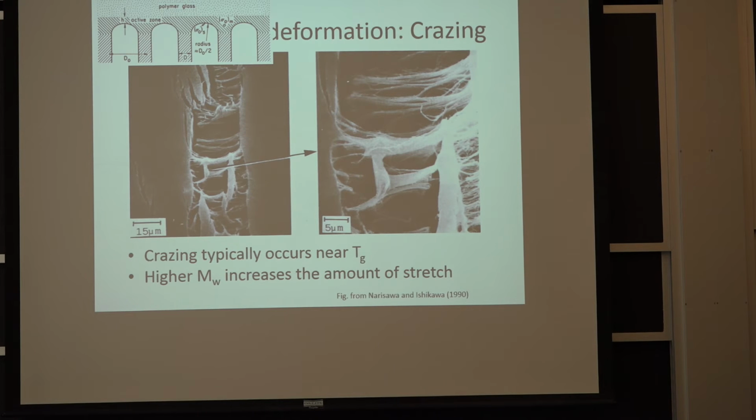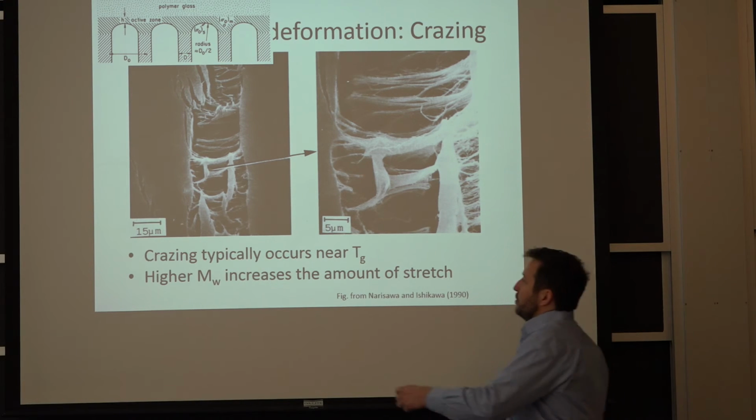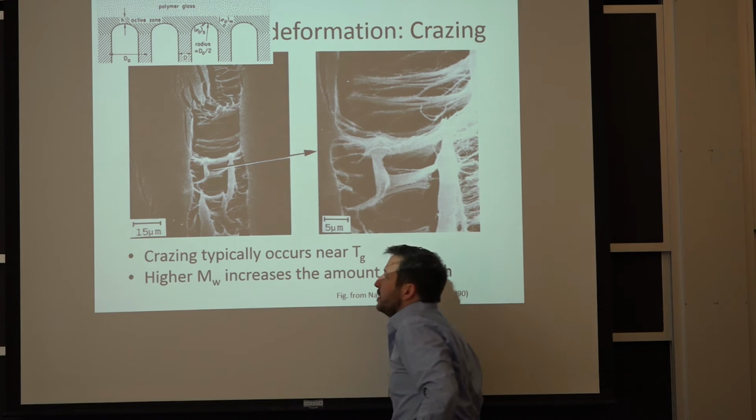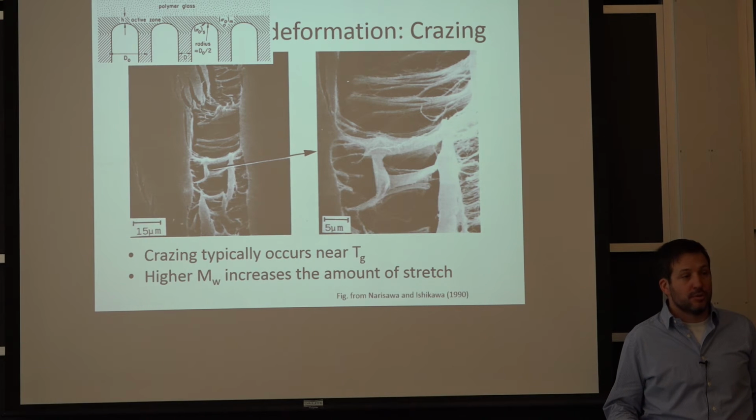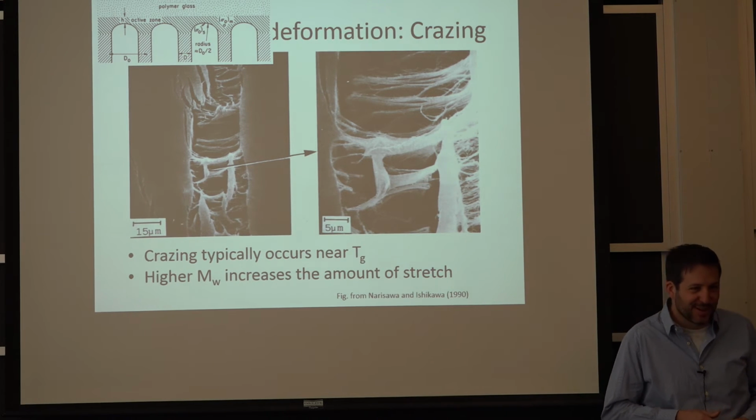Crazing is essentially a bunch of microvoids that form, but the whole clip doesn't break. In this case, this completely broke. It's a relatively brittle resin. But a lot of times, and this is very common with polypropylene in services, if it's wet or if the loading rate is a little higher, you start forming these voids, but you have what we call fibrils. So there's still a connection between one side and the other side of the crack-like feature, so it's still carrying load, but it's not as strong as it used to be, right?